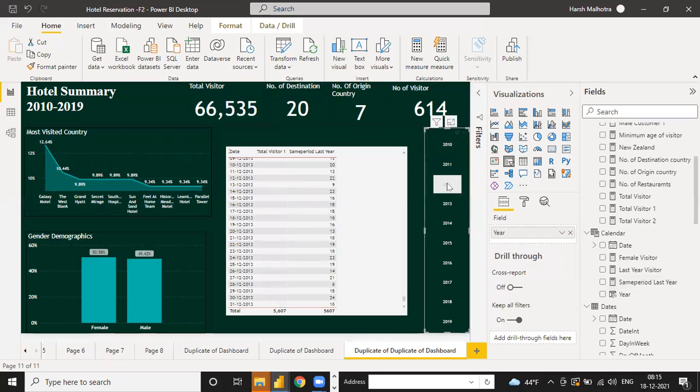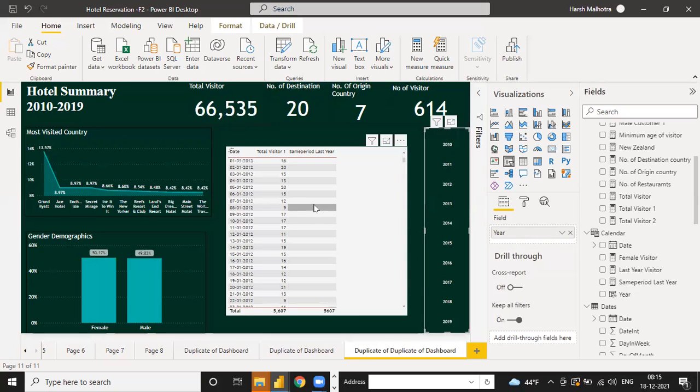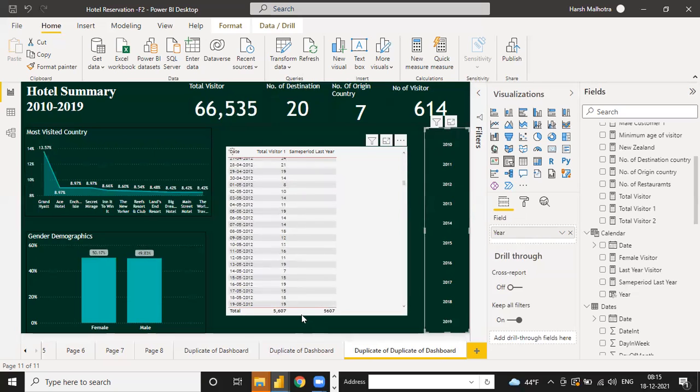If you unselect this one, complete, so the complete value will be there. In 2010 only you don't have any value. In 2011, 12, 13, 14, 15, same period last year you have values.